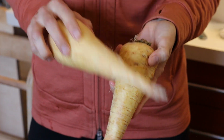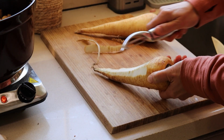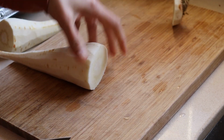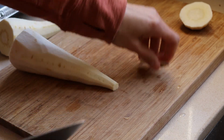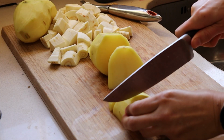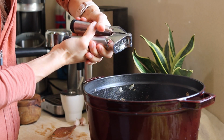Now for one of my favorite vegetables, parsnips. They are starchy, kind of like potatoes, but have a slightly sweet flavor. I love them, and I honestly find them to be so underrated. So I just peel these and cut them into cubes and do the same with my potatoes. And then once my vegetables have been cooking together for about 10 minutes, I add in some garlic,